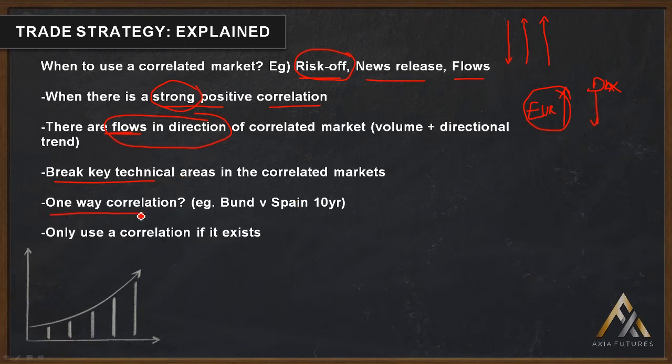Okay, then also just note, one of the important things about the strategy, sometimes a correlation only exists in one direction. And this is another example I'm going to show you in the Bunds versus Spain 10-year. What that simply means is that two markets can be very highly correlated or have a very negative correlation. In other words, a strong correlation exists. However,